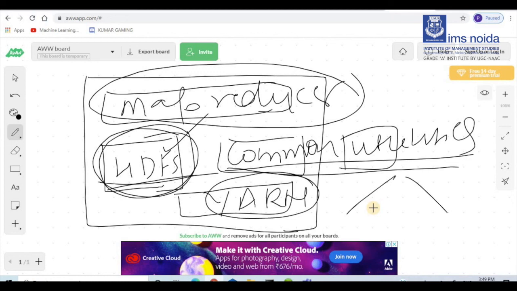common utilities, the libraries and common modules you are using, are part of the common utilities. So I hope you got it. In the next class, we will definitely discuss some interesting facts about MapReduce and some other parts of